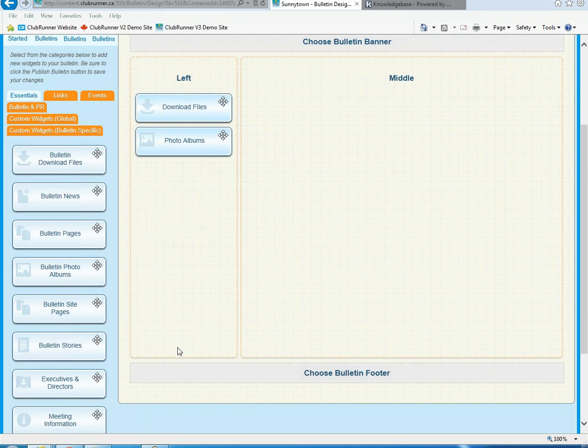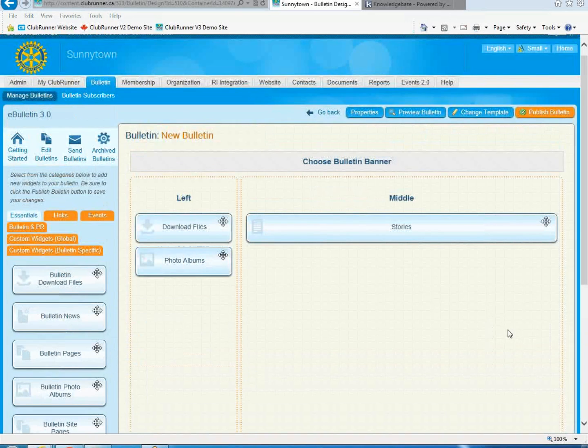Okay. Now, one of the most common widgets you're going to be using will be bulletin stories. So we'll just drag that and put that one into the middle. Let's see it resize. Okay. So once you've got the widgets that you would like to use selected,